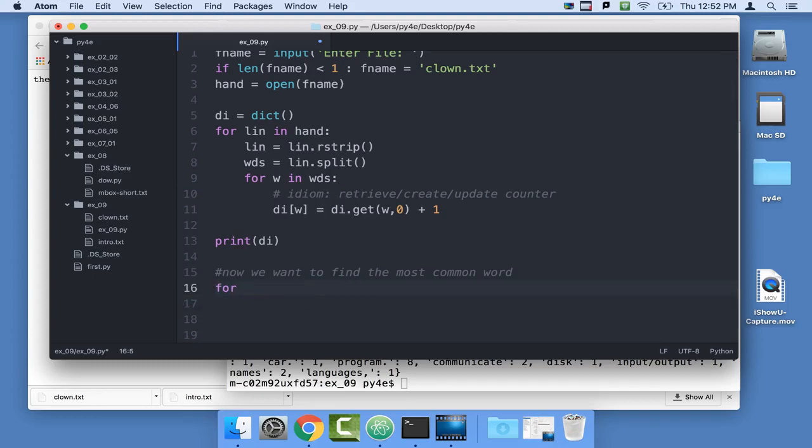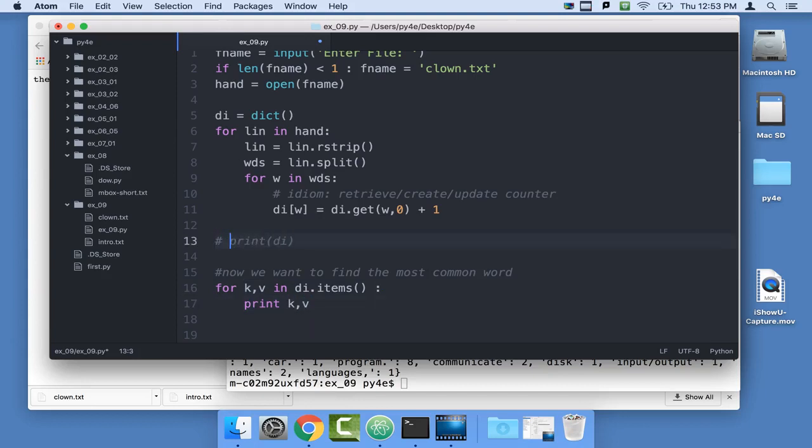For, I would call these variables k and v for key and value, in the dictionary's name dot items. And items is a method inside of all dictionaries that says give me the key-value pairs, and we need 2 iteration variables. So this is like an assignment statement for k and v. K and v take on the successive values for the key and the value. Okay? So if I just now print k comma v,